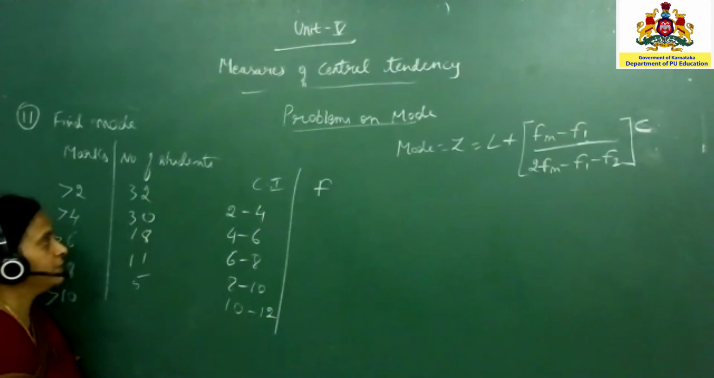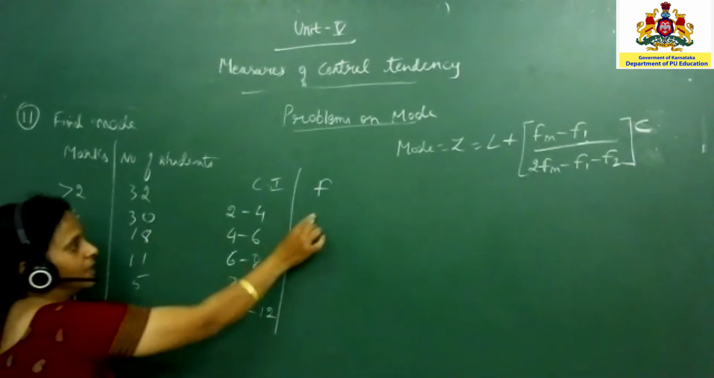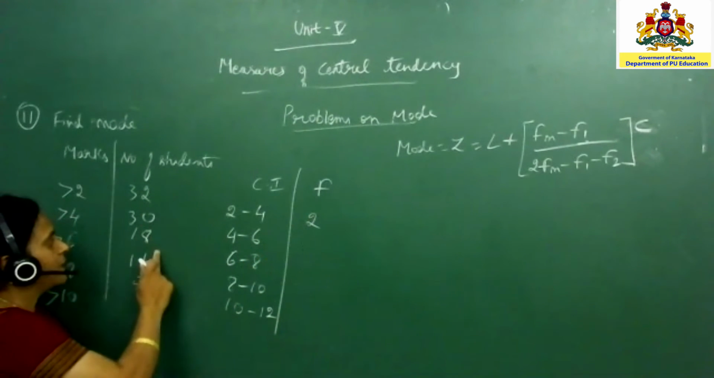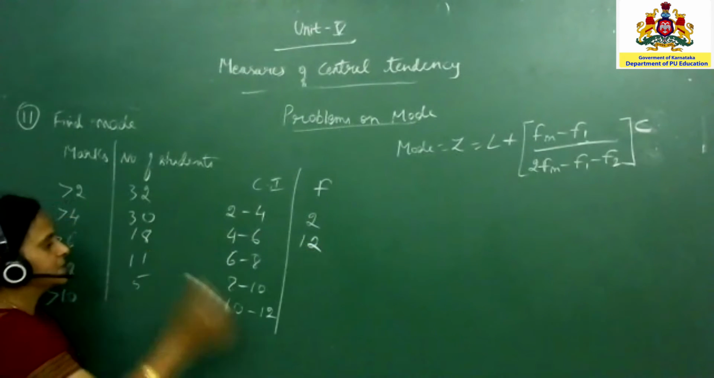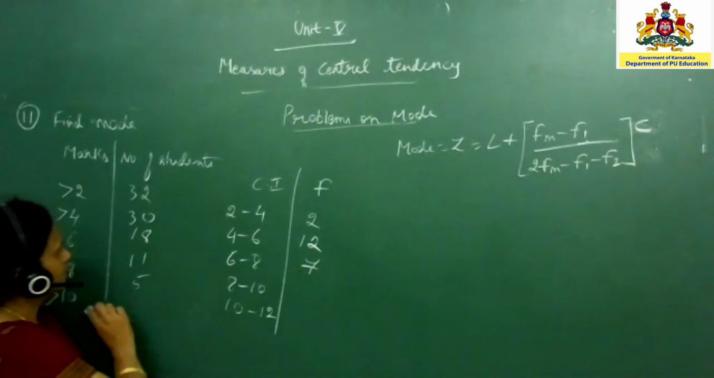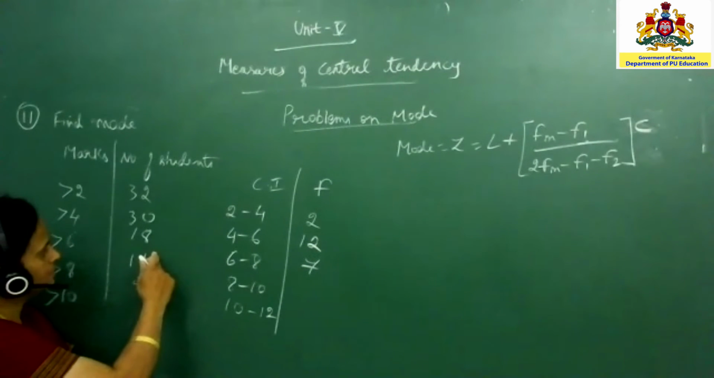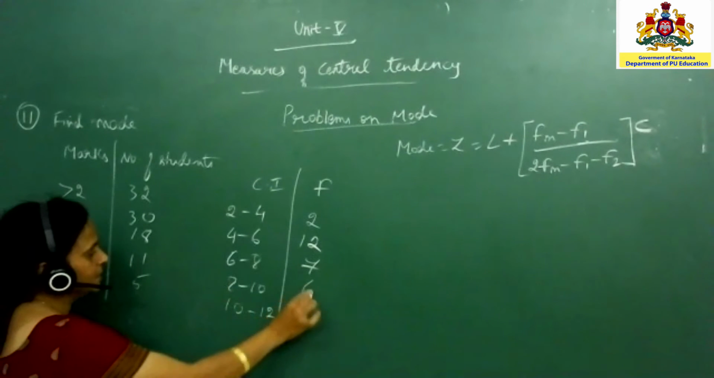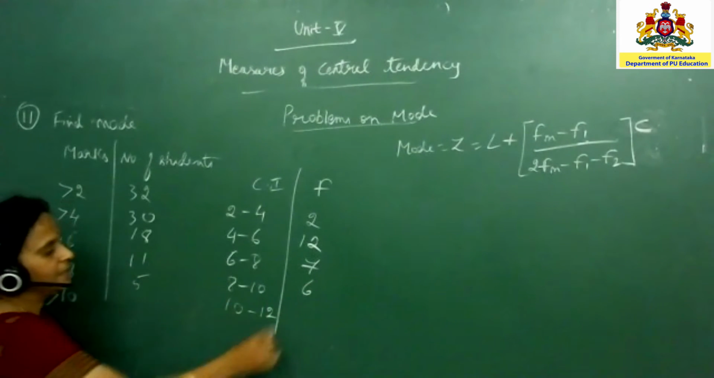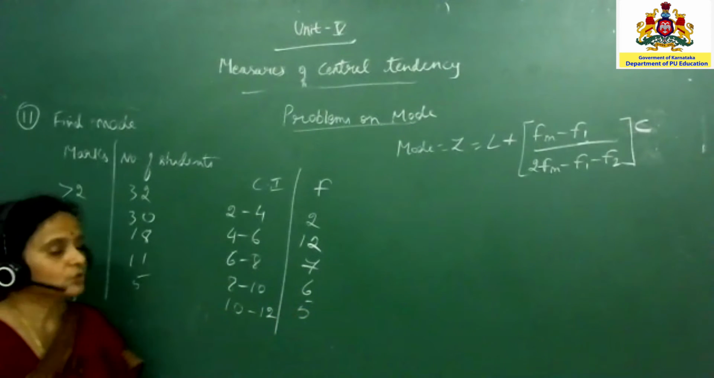Now I have to change the frequency. The first frequency is 32 minus 30, I'm getting 2. Next 30 minus 18, I'm getting 12. 18 minus 11, I'm getting 7. Next, I'm getting 6, 11 minus 5. And the last frequency will be 5. So with this,